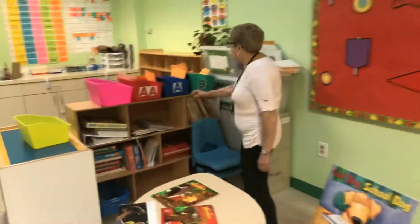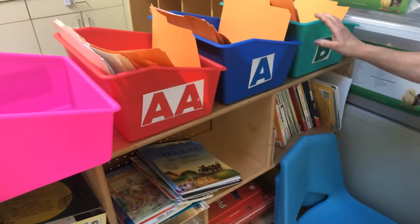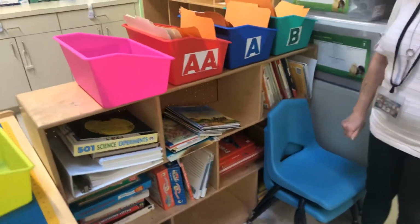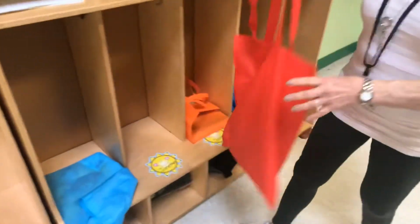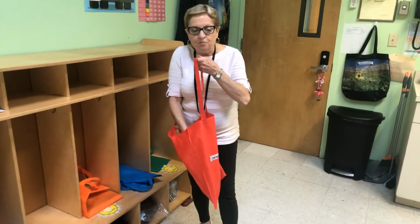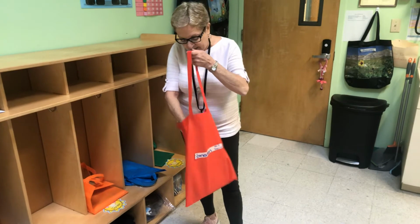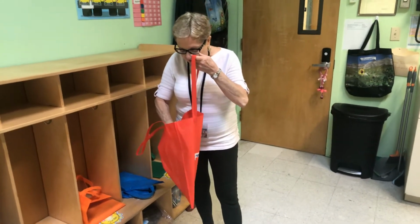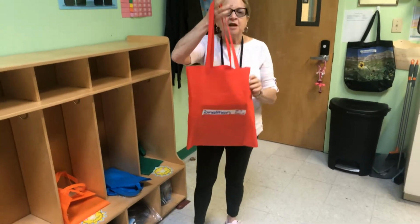We have guided reading over here. We started off with the different levels that the children are on. Each folder is a different story with questions, worksheets, and assessments. And I also want to point out that every child has their own tote bag. In the tote bag is the one notebook that you did send in, but we really don't use it because we are now emailing. But it also has in it crayons and pencils, and this goes with the children to